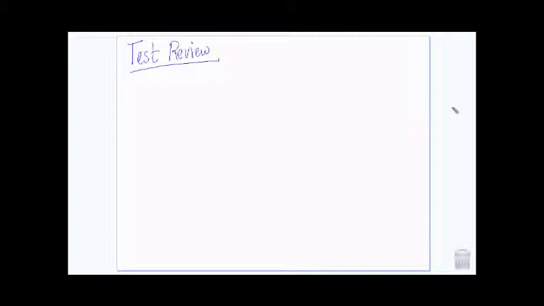Okay, so the first kind of problem that you might find on the test is I might give you a shape, like this. And then I might ask you questions about the shape. I'm giving you a shape and I'm going to ask you questions about it. All right, so let's say